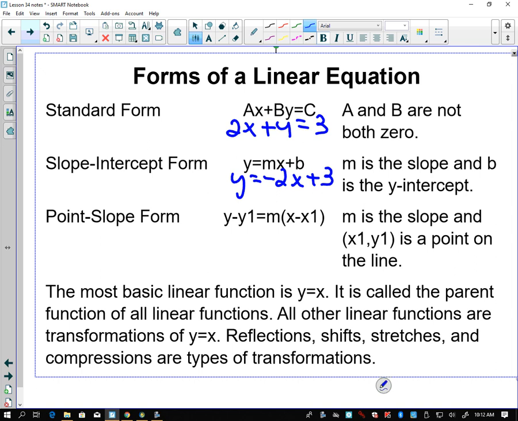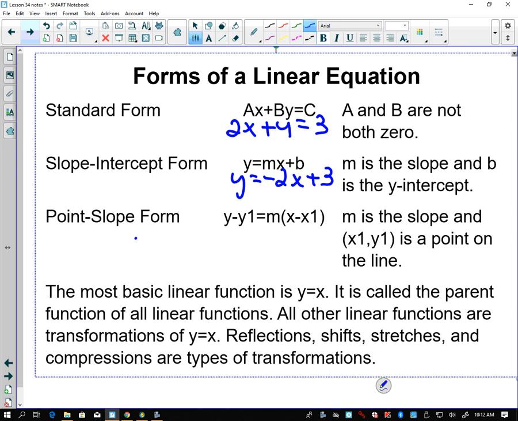There's no graphing difference between the standard form and the slope-intercept form. Okay? And then we would have the point-slope form. So I would get something like y minus y1 equals m times x minus x1. Now, you need a little bit more information possibly here, because you would want a coordinate pair